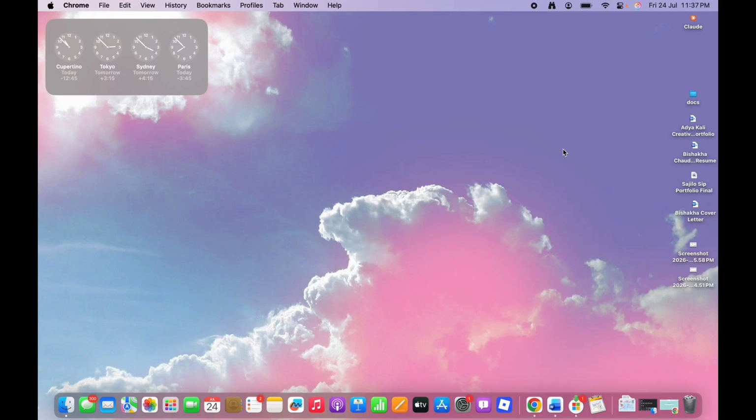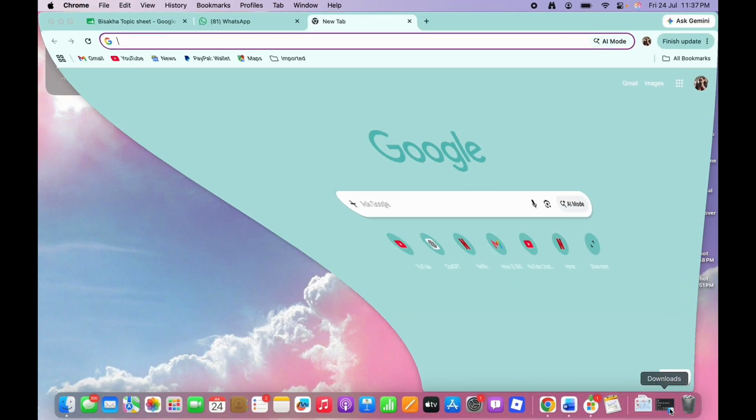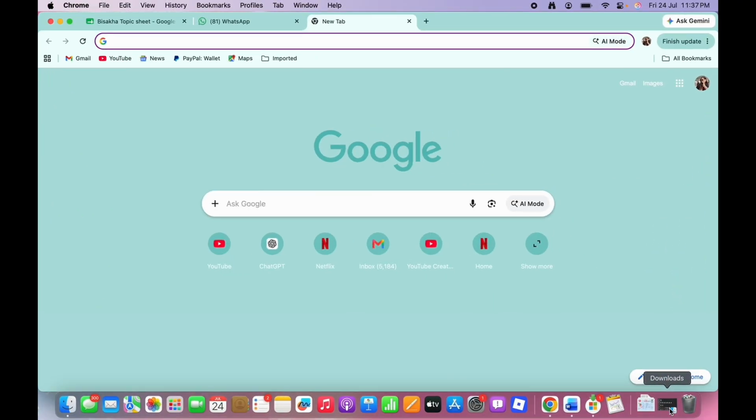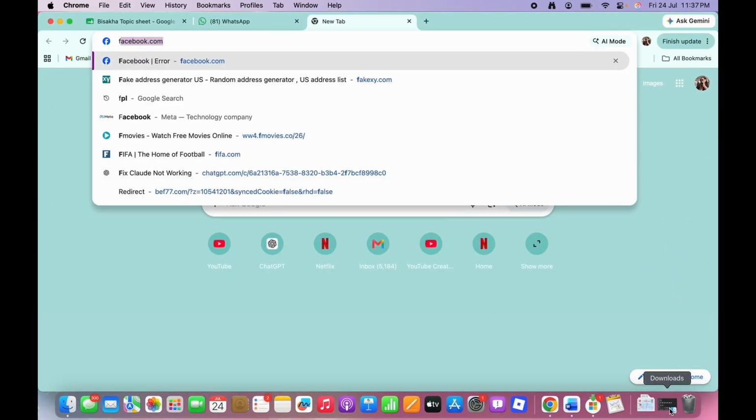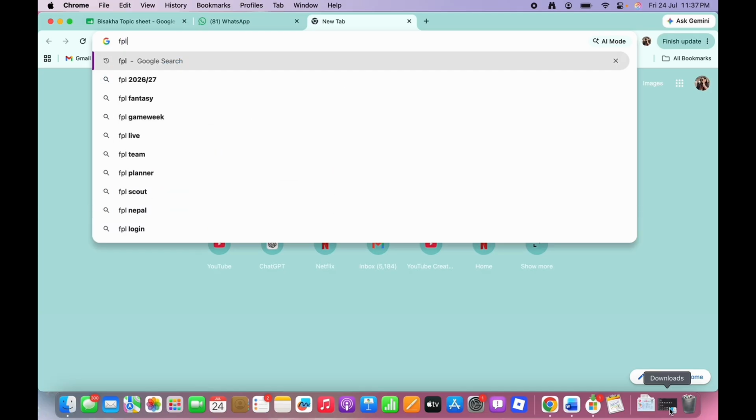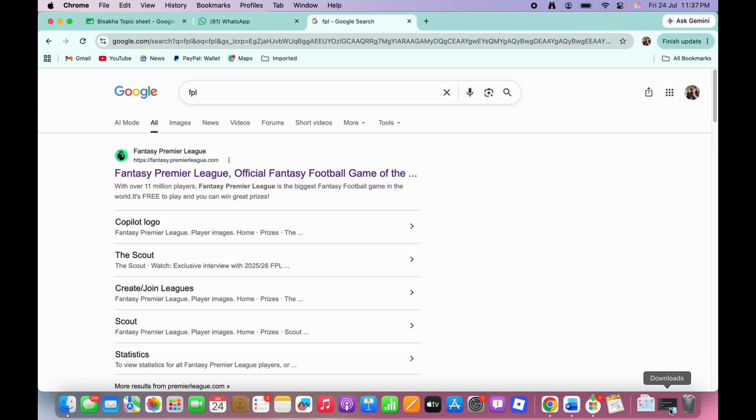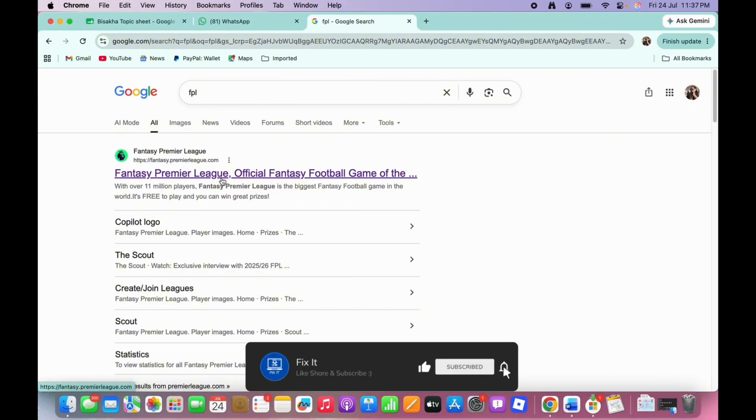Now let's get right into the tutorial. Firstly, go ahead and open your preferred browser and in the search bar, search for Fantasy Premier League and you will be led to this particular interface. Here, go ahead and tap on the very first link you see there, that is